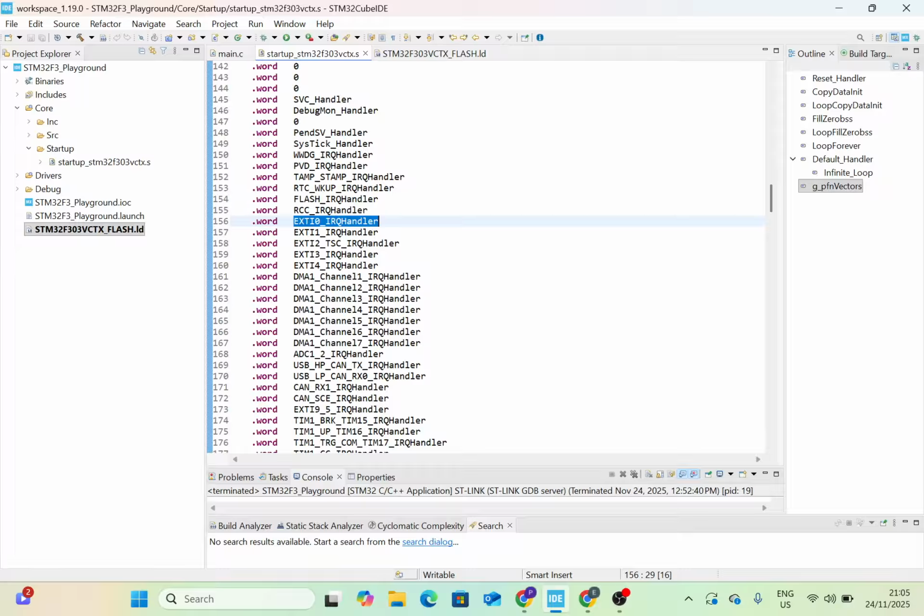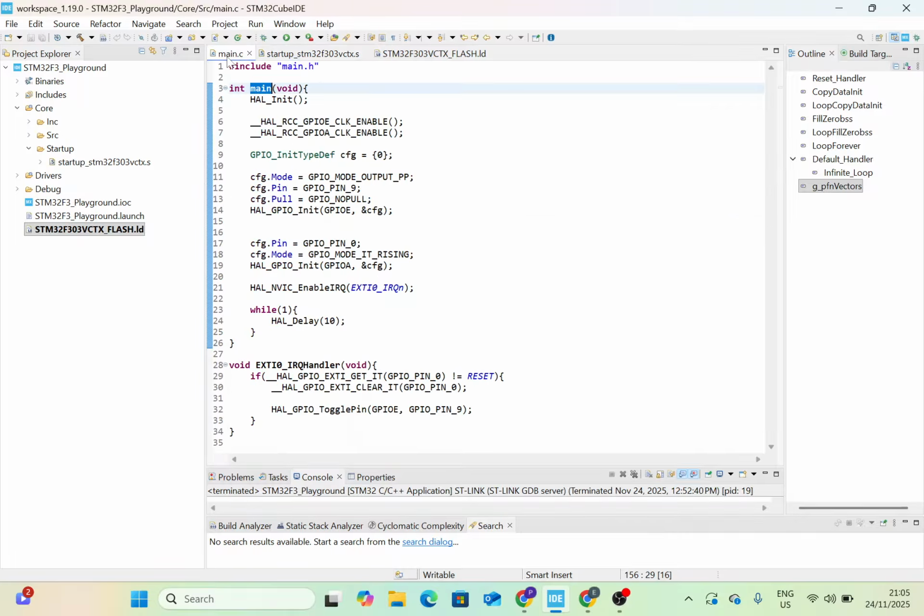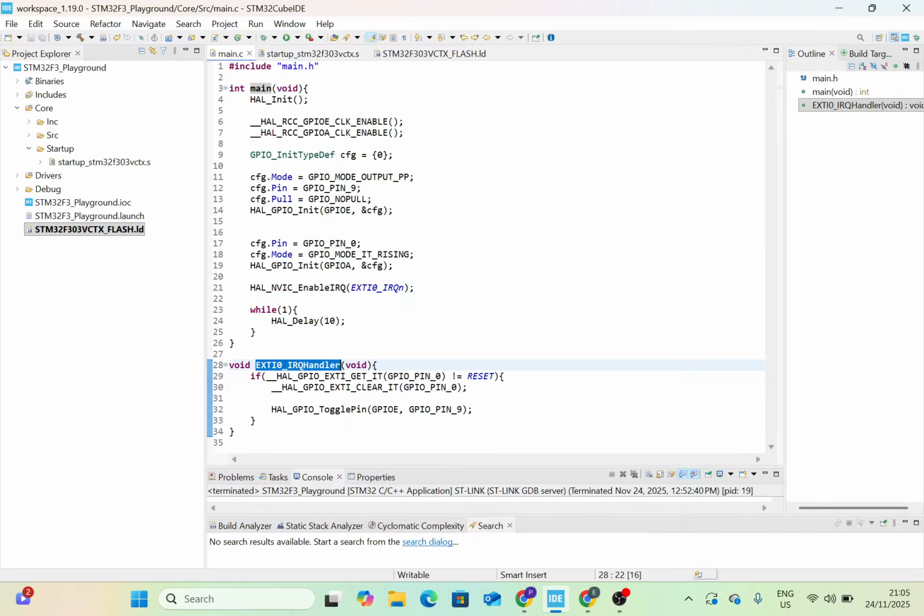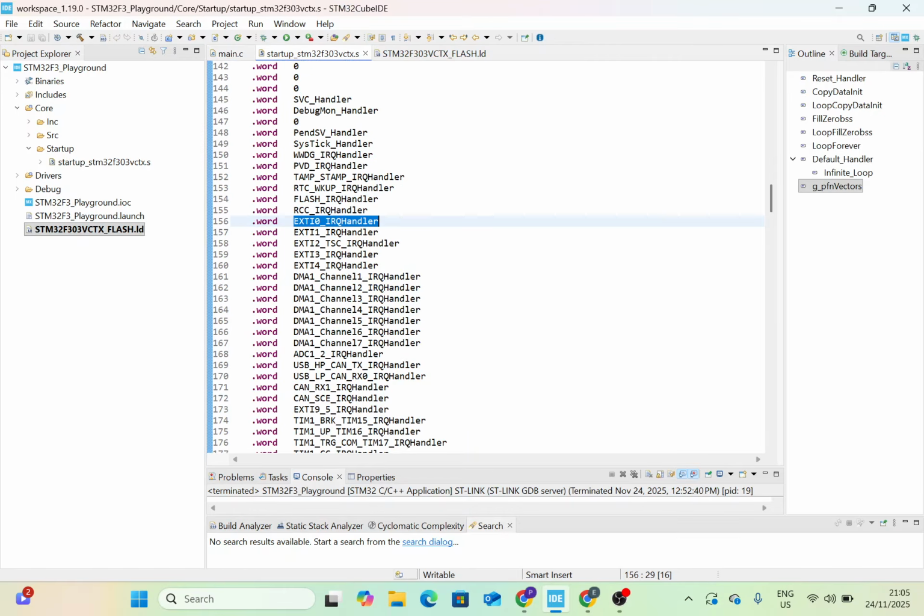And I told you that the name EXTI0 IRQ handler was only special because that is how it has been named here. If I named it button IRQ handler, I would just come into this code here and also change it to button IRQ handler. I compile it and it is going to work. So I know this can be a bit too much for you to take in, but it still helps you to understand